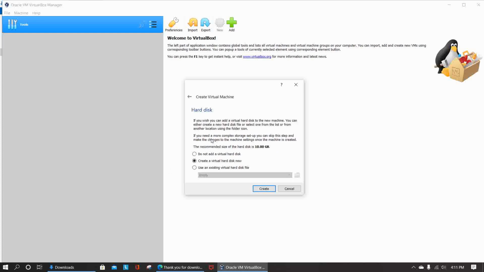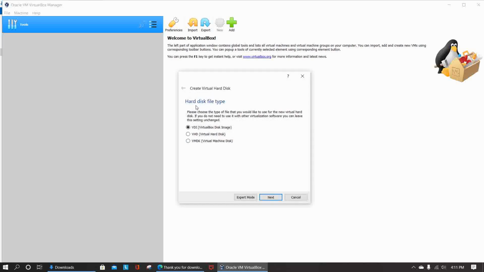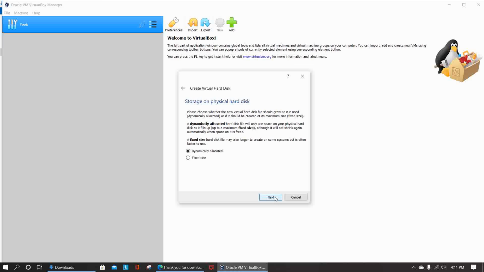In this hard disk window, you have to keep all the settings as default. You don't have to change anything, just click on the create button. Now it will ask for hard disk file type. Here you have to select VDI, which is VirtualBox disk image, and then click on the next button.